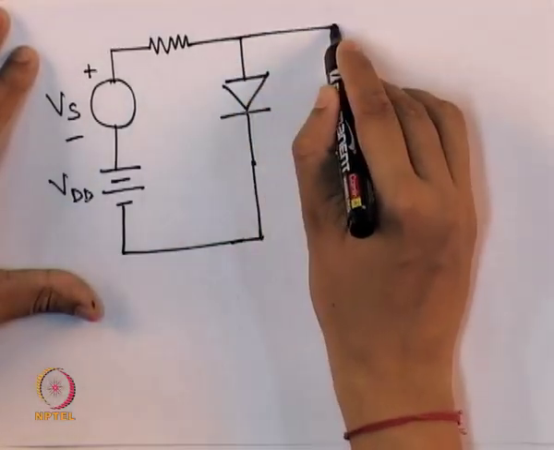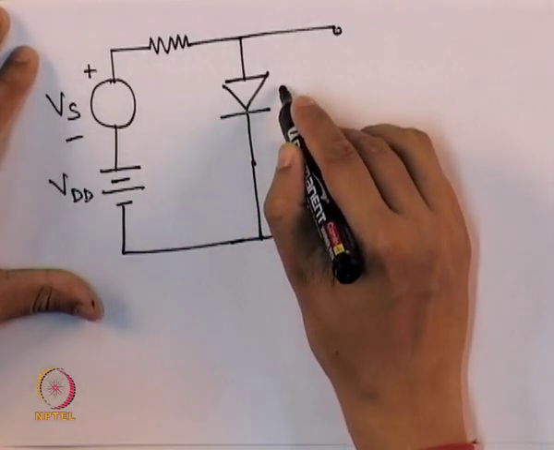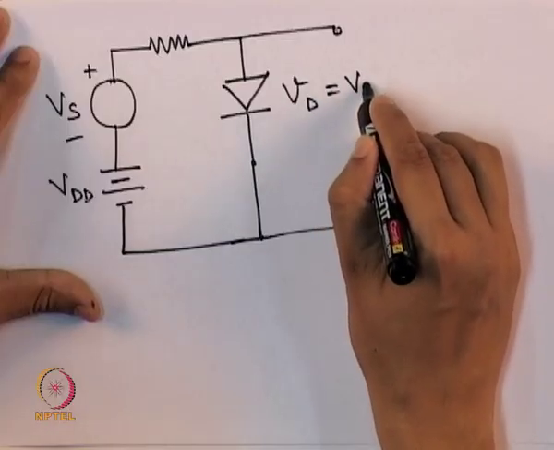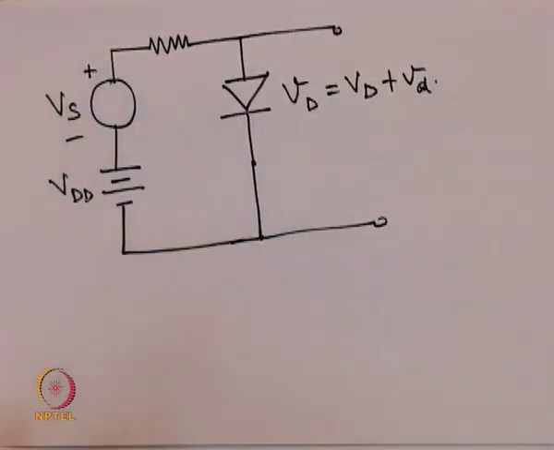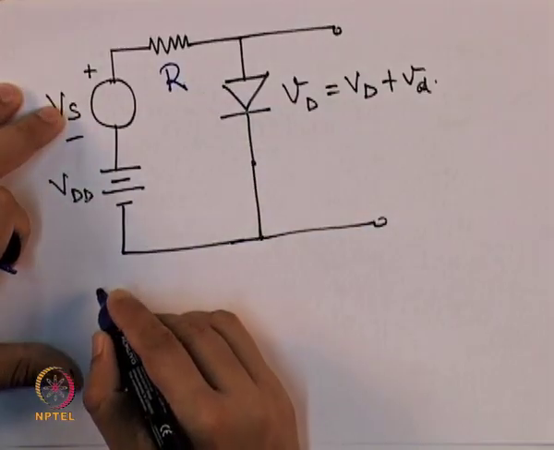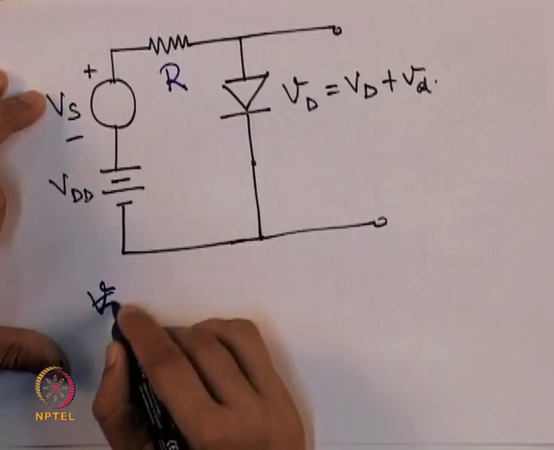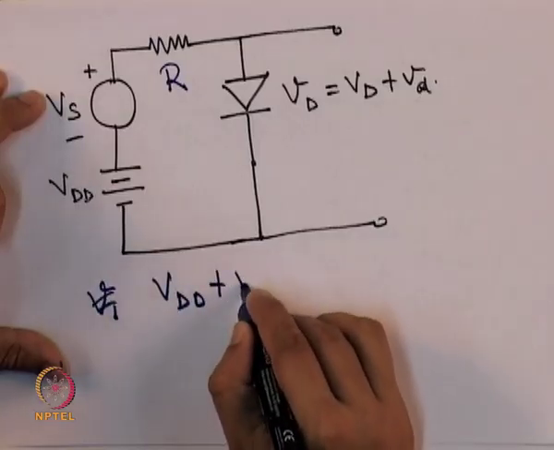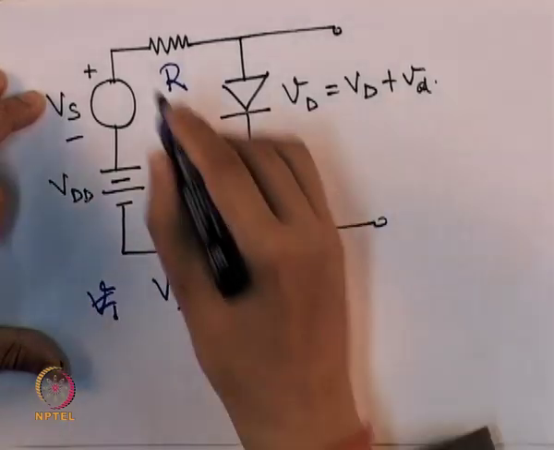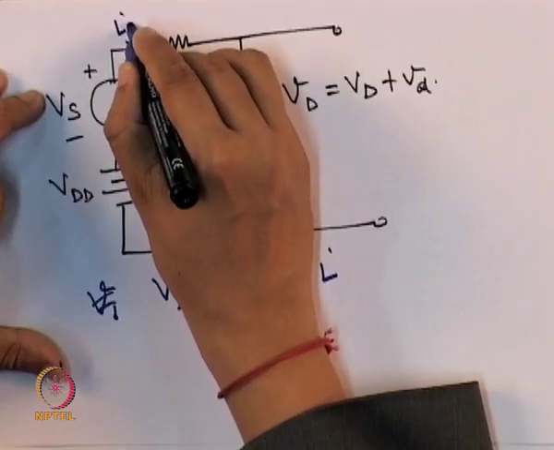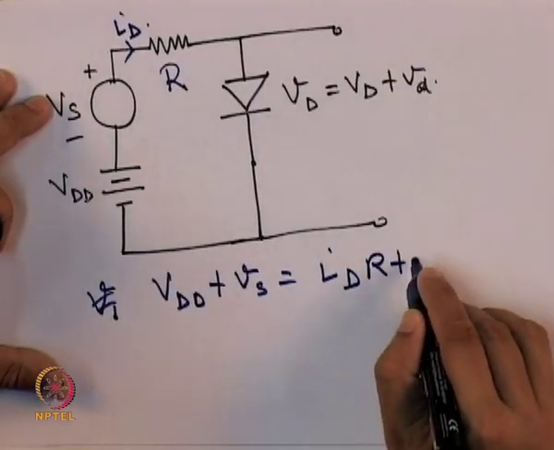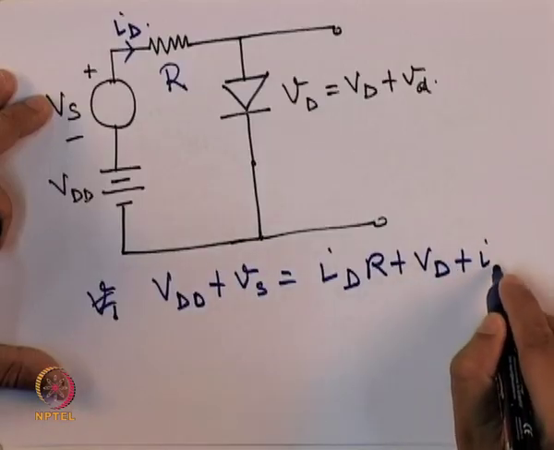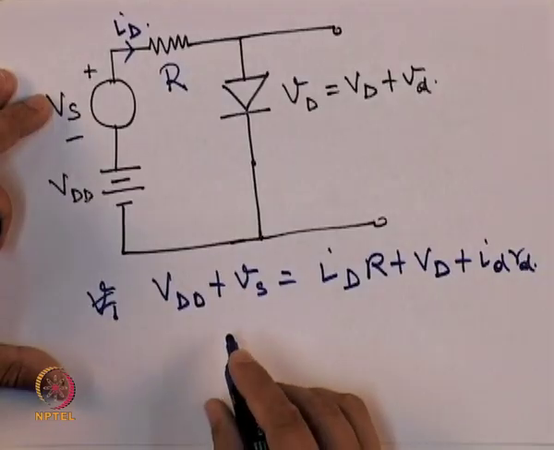With a diode like this, whose AC plus DC voltage is given like this. Now, here if we write the Kirchhoff's voltage equation, what we get is V_DD plus V_s is equal to, suppose the current is I_d. So, this is the AC plus DC component of current. So, this is I_d into R plus V_d plus I_d into R_d, from which we can